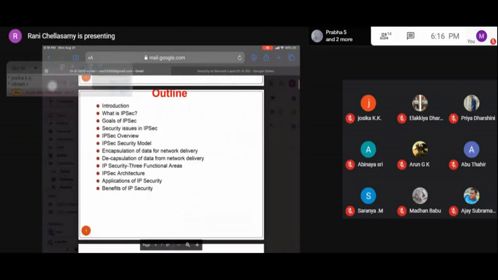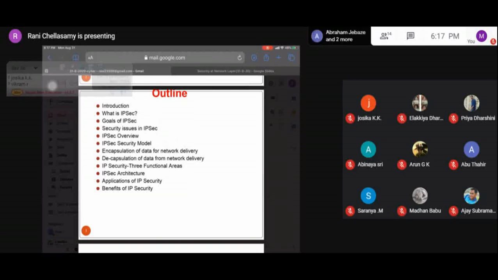These are the outlines of today's session. We'll see the introduction to Internet Protocol Security, what is meant by IP security, and the goals of IP security, why it is needed,